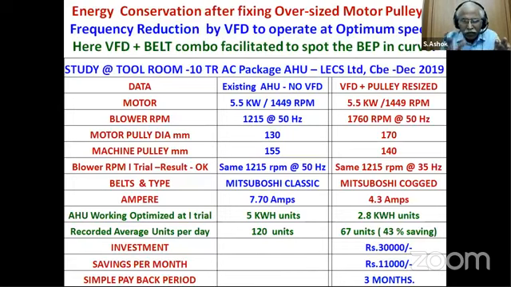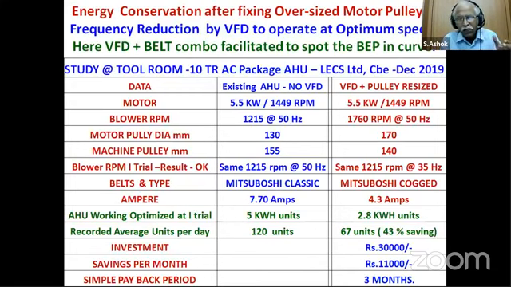consuming. And after this VFD and the pulley resizing and going for the raw cogged belts, here the slip percentage was very much brought under control, going for this raw cogged belt, the same brand only, but instead of a V belt, the cogged belt is able to sustain a slip droppage of less than 2%. If it is a V belt, the droppage is more and it is varying.